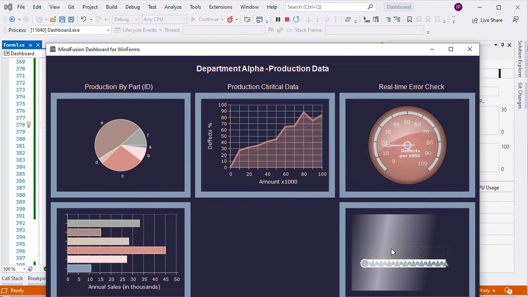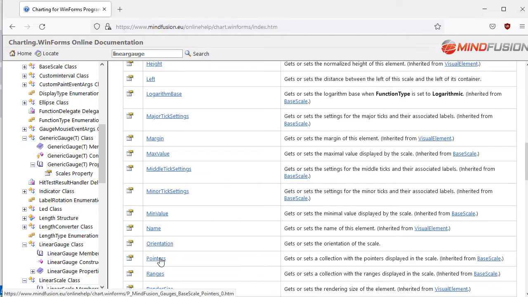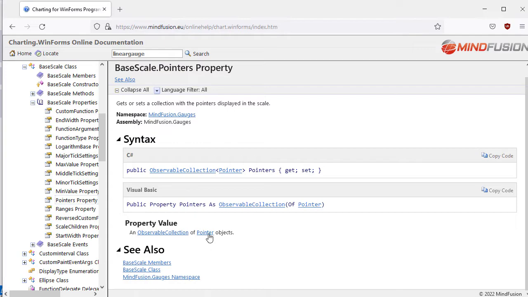Each scale has pointers. The pointer is this element that, well, points the current value on the gauge. By default, the scale has one pointer.